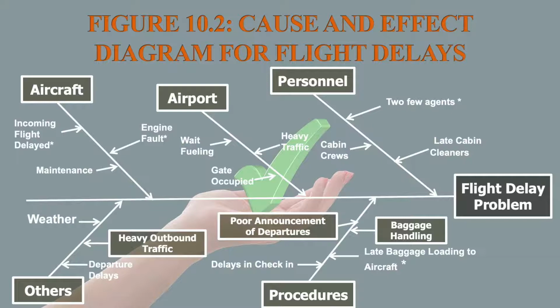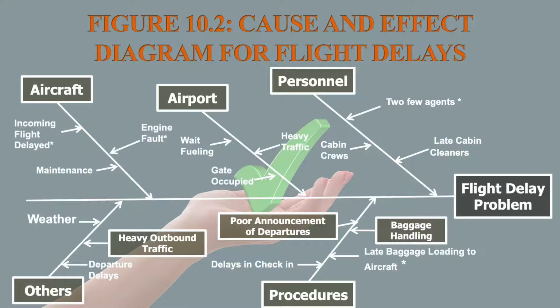It may be due to incoming aircraft delay. If it is aircraft, the flight arrival may be late, and because of that the flight takeoff will be late. So the delays are taking place due to various reasons. In that, first major causes, then principal causes, then different causes. All these causes are shown like bones, so the cause and effect diagram looks like a fishbone diagram. That's why we call it a fishbone diagram.